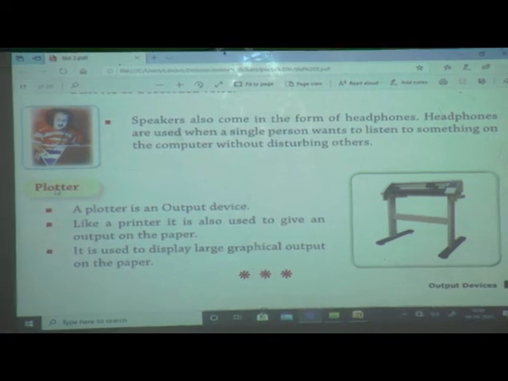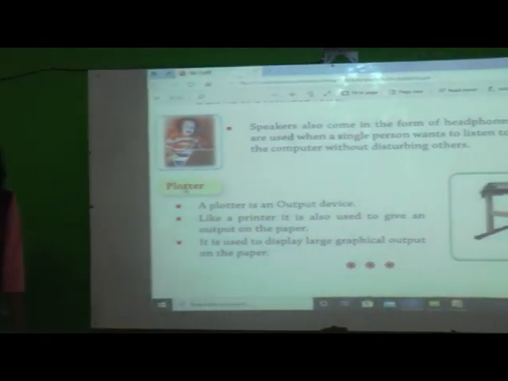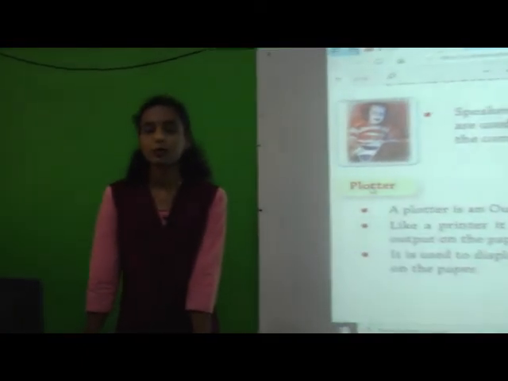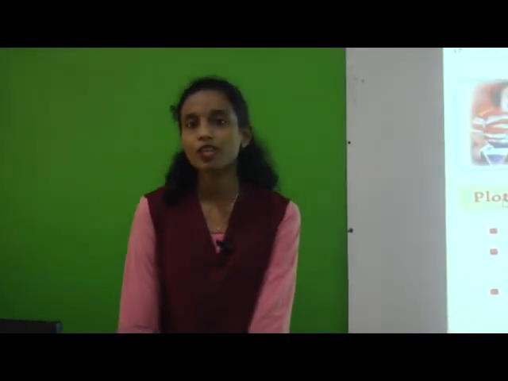Understand? Then what is the homework for you? If you understand, then write in your skill sheet of lesson number 2. If you don't understand, then let it be, I will give it in homework. But you must read lesson number 3. What is the name of the lesson? Output device. You have to read this lesson, and if you have hard words, underline them and try to read them. Okay, thank you.